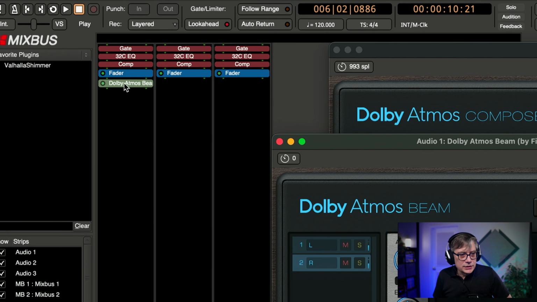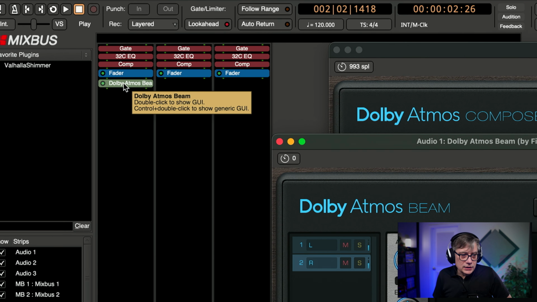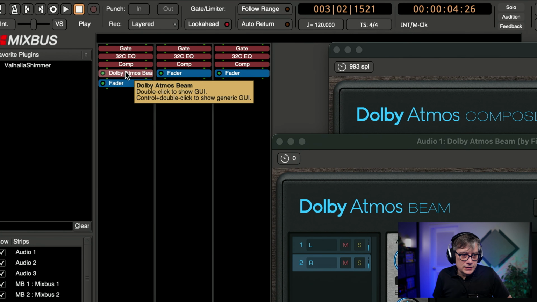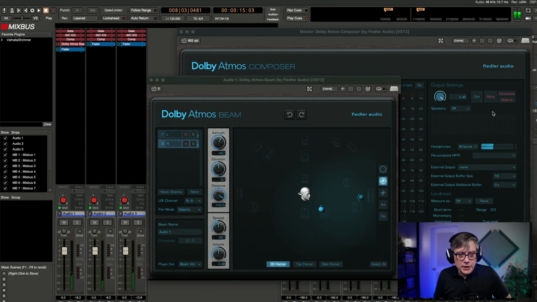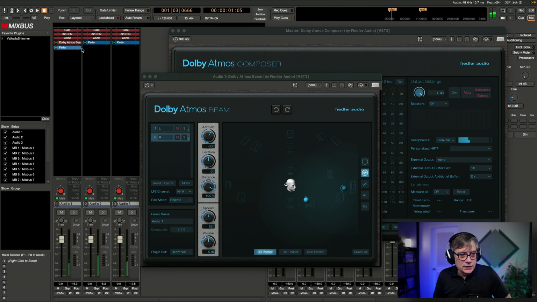This Beam plugin is currently a post-fader insert, which means that the fader comes first and then the Beam plugin is inserted after that. In a regular digital audio workstation, what will happen is that the Dolby Atmos Beam plugin is ahead or in front of the fader. And that essentially means that because the audio is now sent from the Beam plugin into the Dolby Atmos Composer, it bypasses the fader completely. So if I'm now changing the fader, I don't have any effect on the audio whatsoever. And that is a little bit annoying.